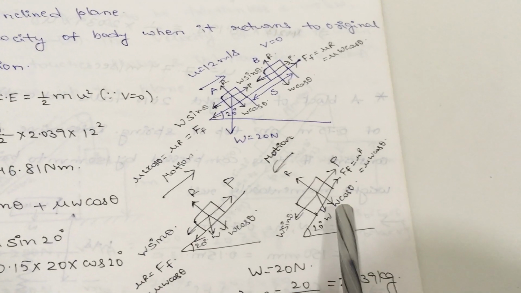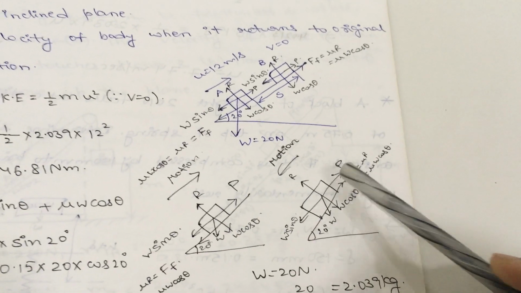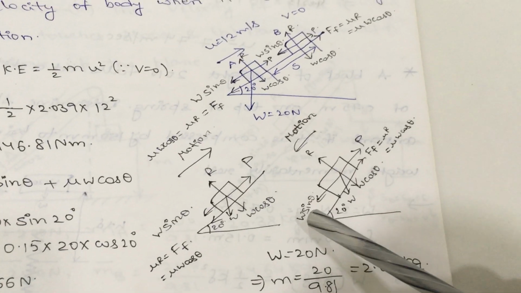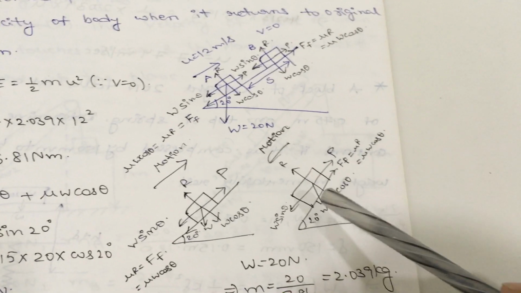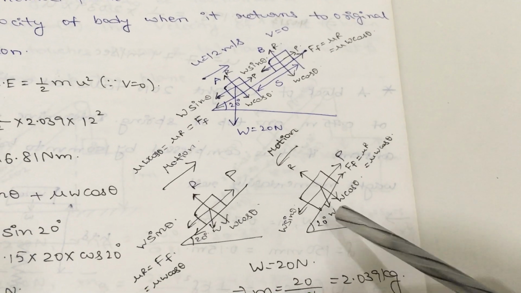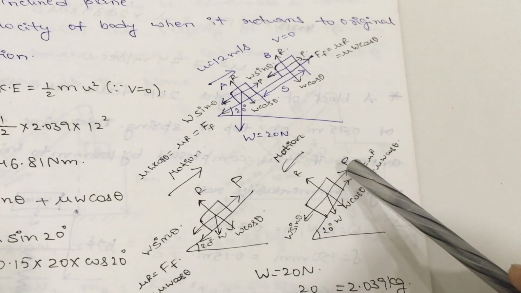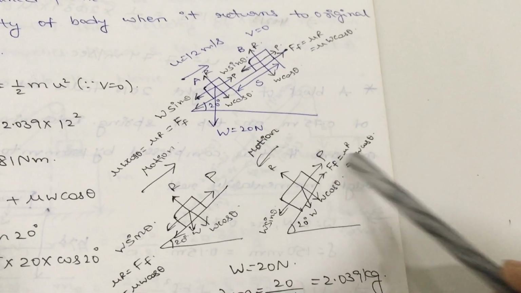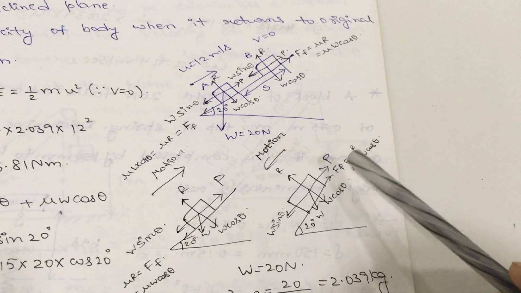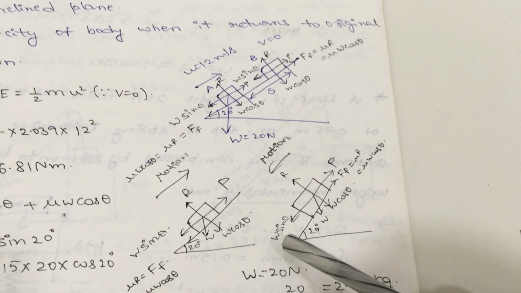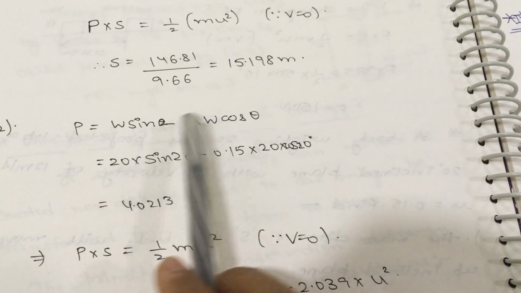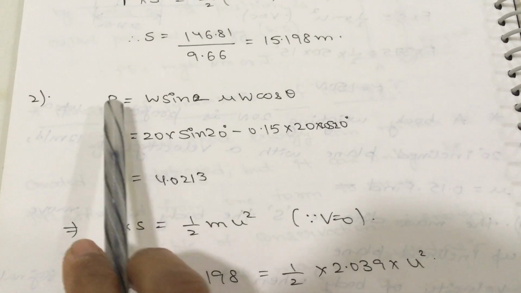Again for this diagram, you calculate the P value. Here in the upward direction, two forces are there. In the downward direction, only one force is there. Again according to the first equilibrium condition, sigma H is equal to 0, positive horizontal components is equal to negative horizontal components. So two horizontal components in the upward direction is equal to one horizontal component in the downward direction. So for the second bit, you apply sigma H is equal to 0 once again and you calculate the P value.